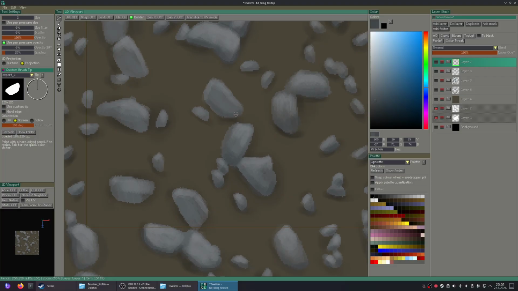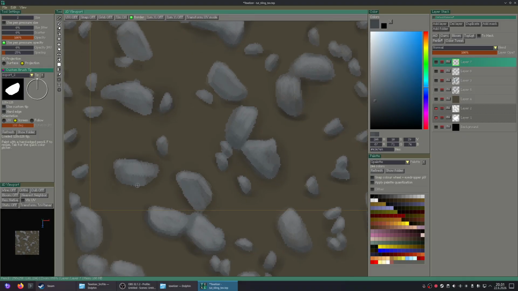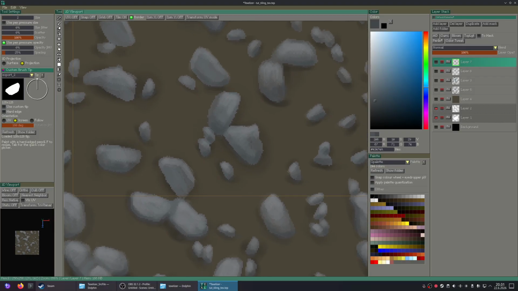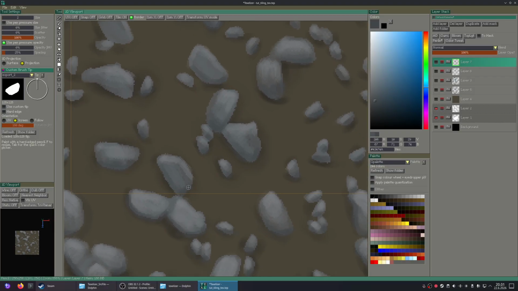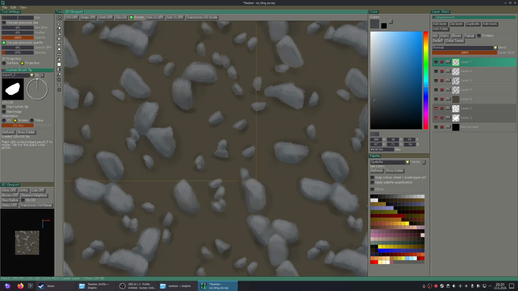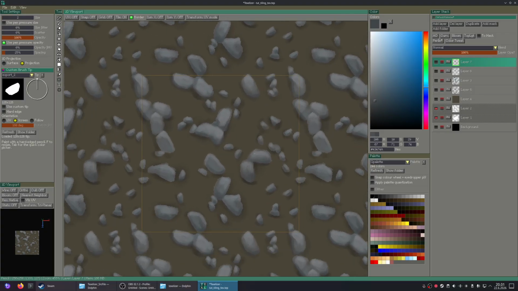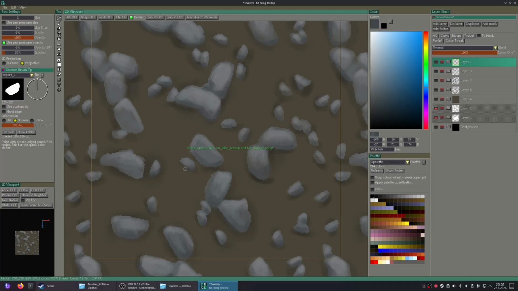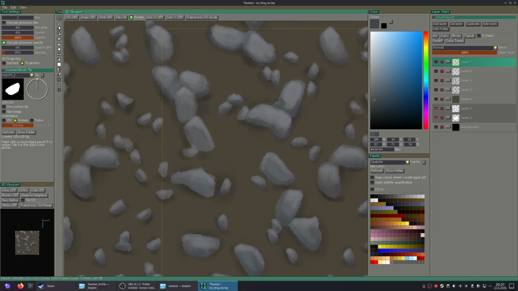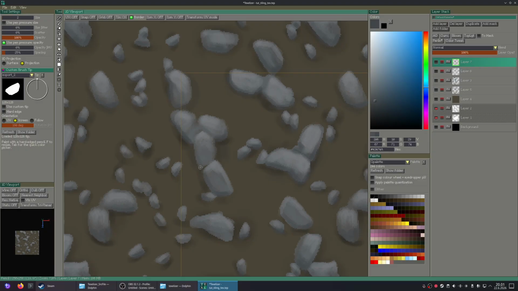I would take my time a lot more, but because I don't want to have this video be like 10 hours long, I am going to have to treat this more like a speed paint. Alright, yep, slowly getting there. It doesn't look like much when you're zoomed in, but then when you zoom out, you see what you have actually been making.